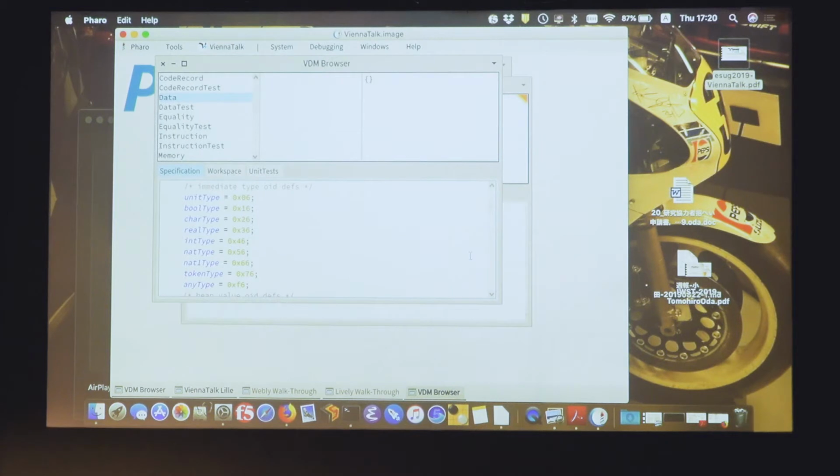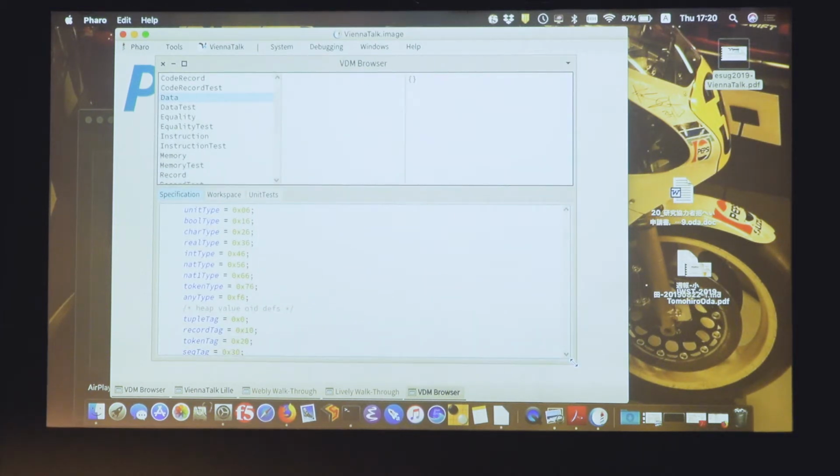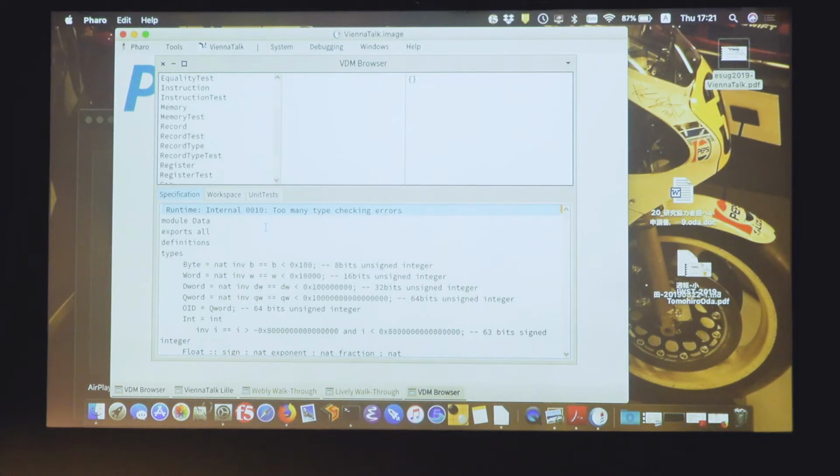This is a virtual machine specification that I'm now developing. It's a virtual machine for VDM that runs VDM specifications. It's in the middle of development, so it doesn't really run. And if I change something here and accept it,